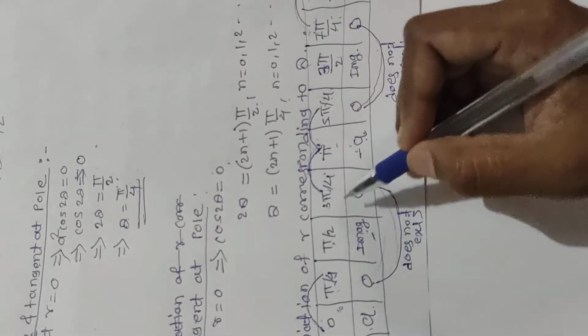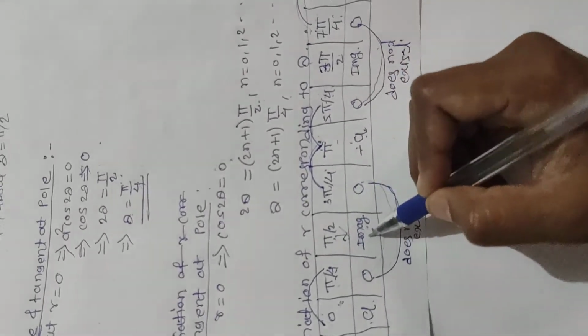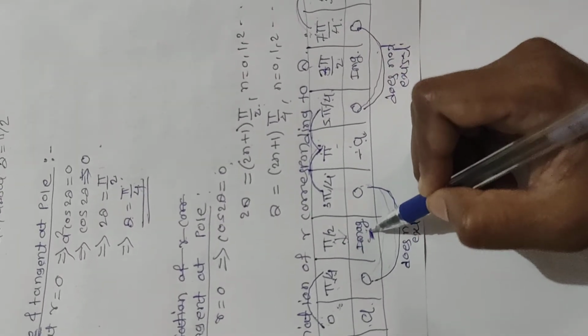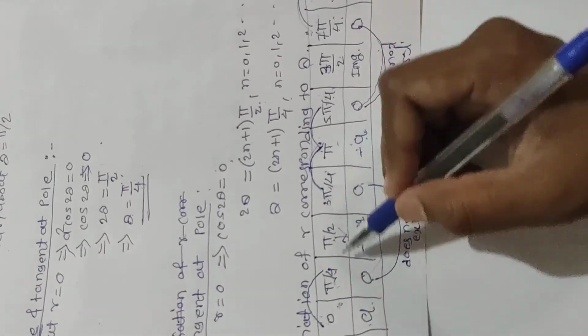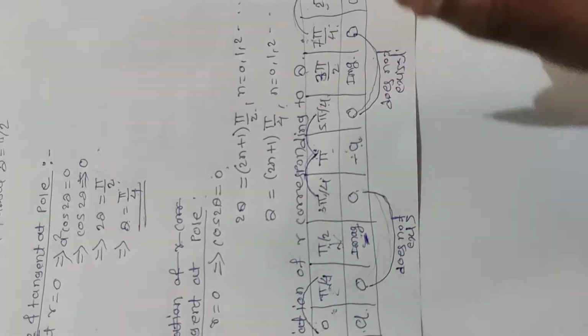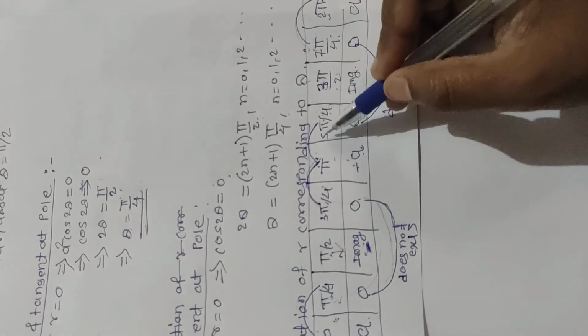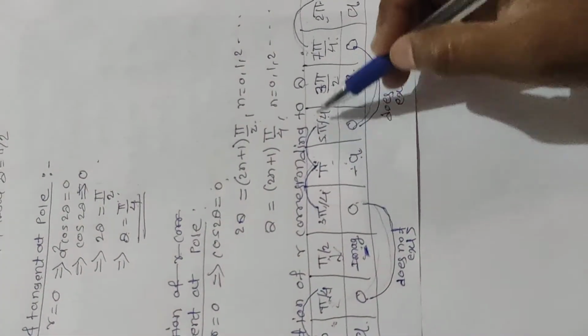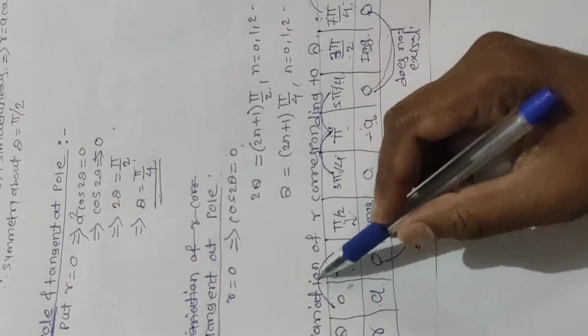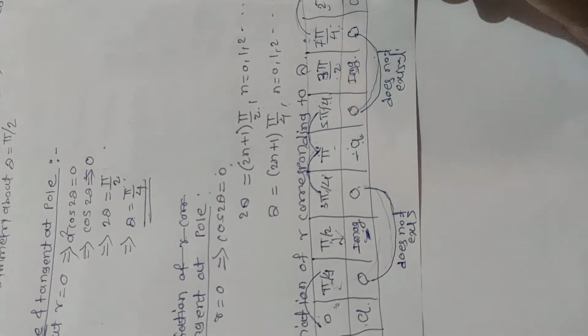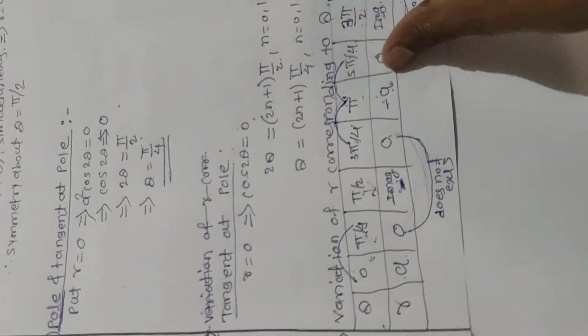You just have to remember that for theta between pi by 4 to 3 pi by 4 we get the imaginary part, so the curve does not exist. In the same way, for theta from 5 pi by 4 to 7 pi by 4 we get the imaginary part, so the curve does not exist. For all the remaining points the curve will exist. So how to trace the curve?